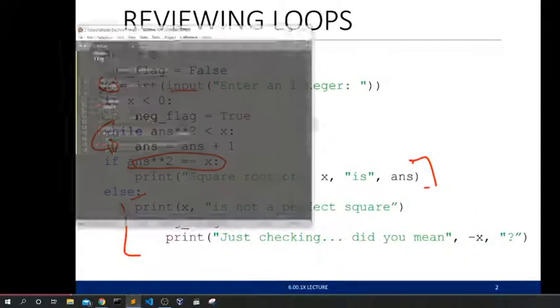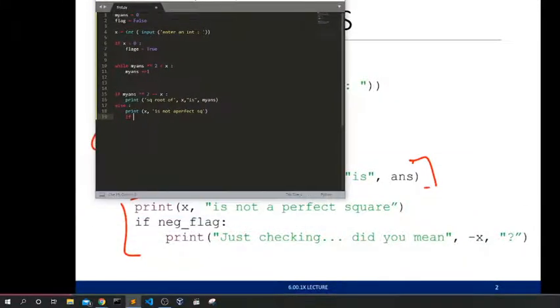So let's run the script actually. So if flag, that means flag is false, print just checking. I don't know how to spell checking.